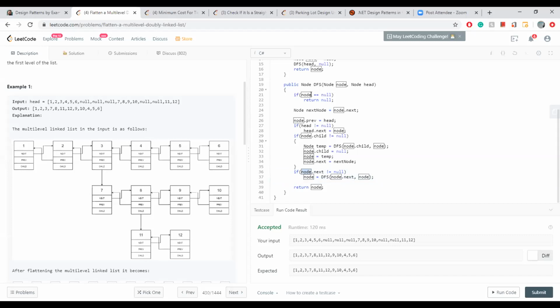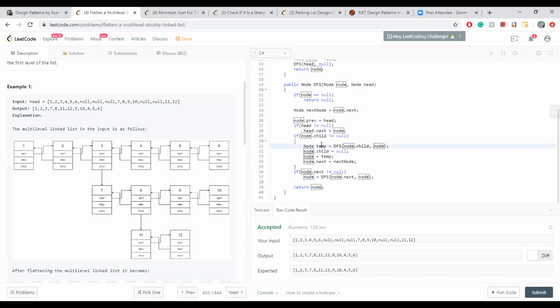But I added a condition here, in case it gets to null, which will return here. This value, 12, is returned here, and it goes back to 11. At 11, it is this one which will return. It will come back to 37. And again, 12 is returned back to 8, which will be here.